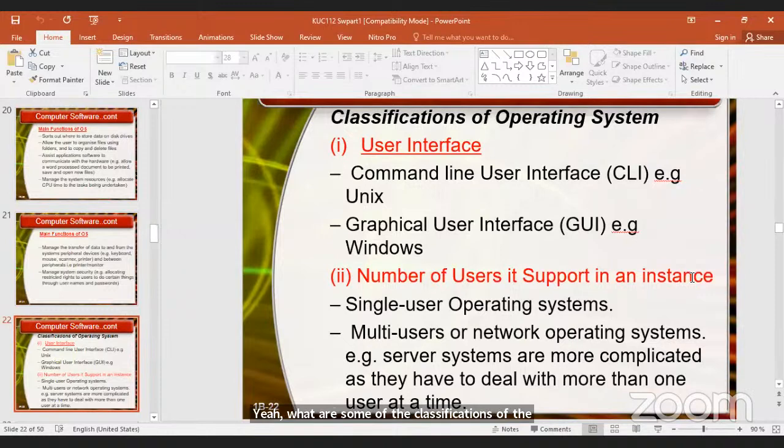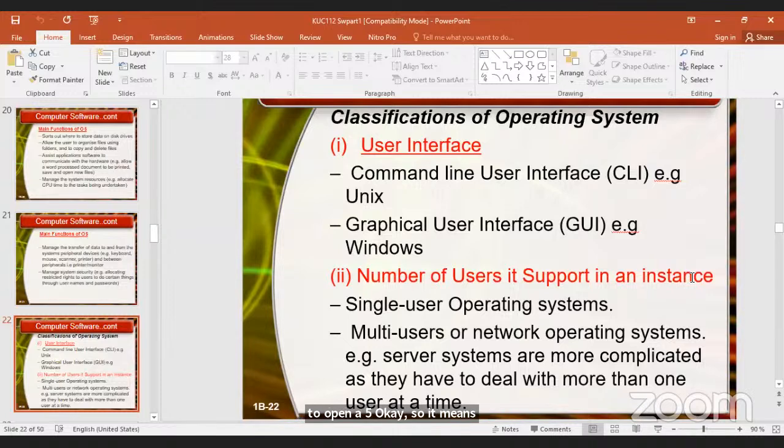Operating systems can be categorized into two categories. We can use two approaches when categorizing operating systems. Number one, we can categorize OS depending on the user interface. So we have two types of the user interface. We have the command line user interface that you manipulate the computer, you operate the computer through the use of commands. So when I want to open a file, okay, so it means that in the command line user interface,